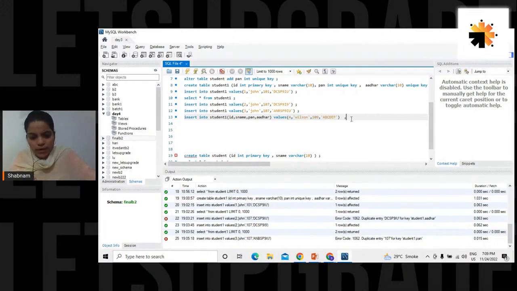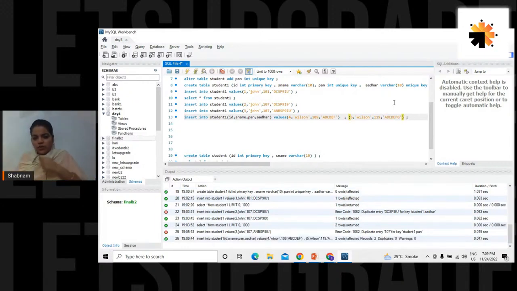Control C, I'm doing a control V. Okay, so this would one way simplify your work, but this is not the solution of the question you are asking. Wilson, say 110 is a PAN number, for example, A, B, C, D, E, F, G, just to change it so that it doesn't give me an error. I hope you understand. Okay, so it has inserted this time two records.